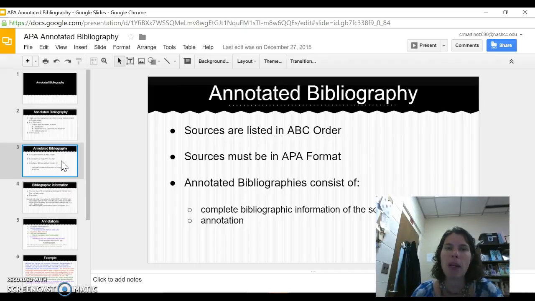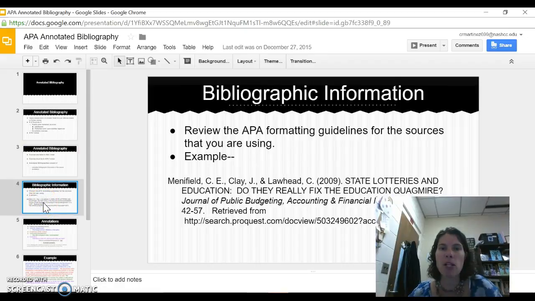So, the annotated bibliography itself. Sources are listed in alphabetical order, just like on the reference page. They must be formatted in APA format. And then the annotated bibliographies consist of 2 parts. The first part is complete bibliographic information of the source, and then the annotation. So, the first thing, the bibliographic information. I've said in a previous video that it was a little bit different than what you are used to seeing